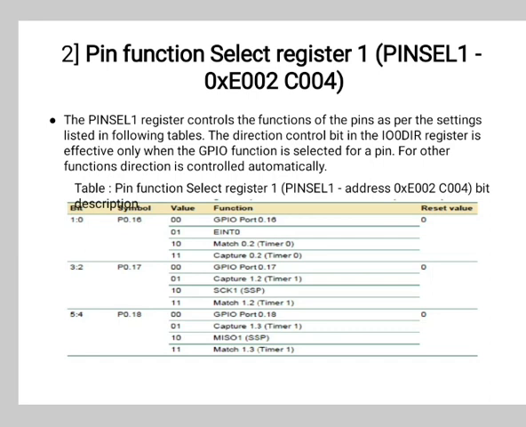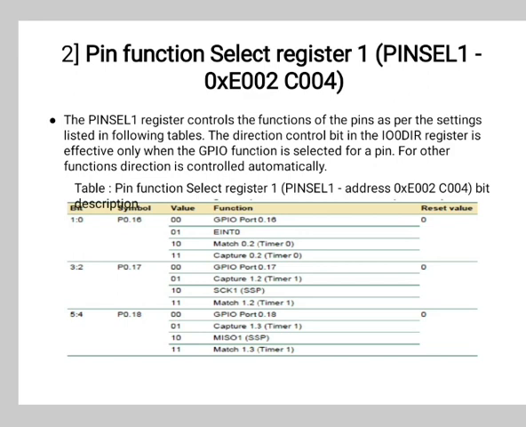So here are the bits 0, 1, then 2, 3, 4, 5, 6, 7, 8, 9, 11, 12 and so on up to 30, 31. And the next symbol is P0.16, that is continuous. Pin function select register 0 has symbols up to P0.15, and pin function select register 1 has the next symbols, that is P0.16, 17, 18, 19, 20, 21 and so on up to P0.31.